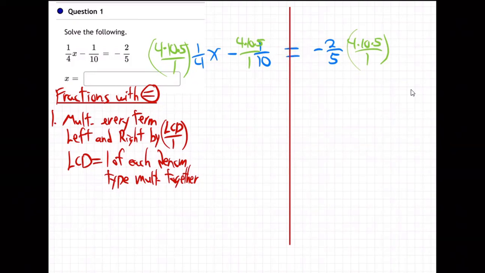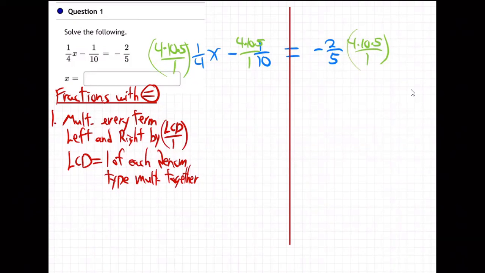So what are we multiplying every term by? The LCD over 1. What's the LCD? All 3 denominators put together. 4, 10, 5. So you put 4, 10, 5 over 1 on each term. Okay, and then